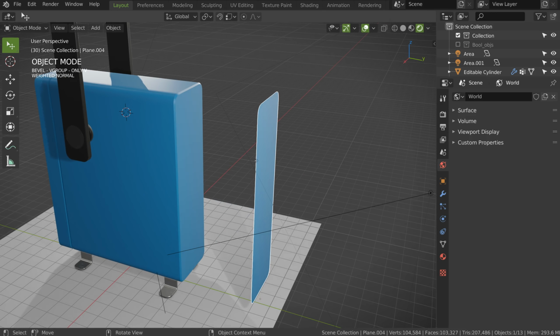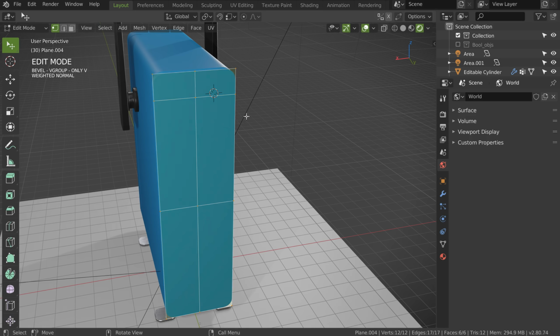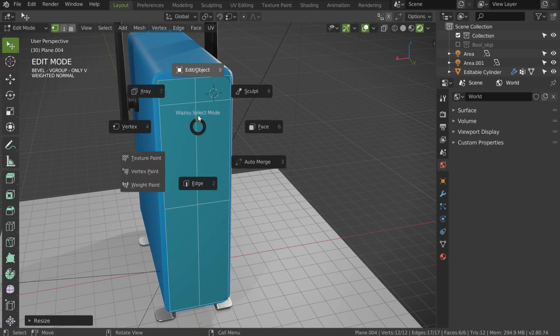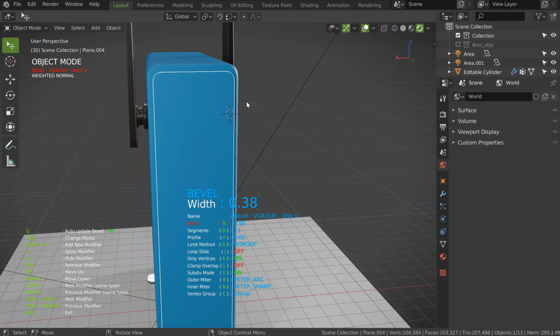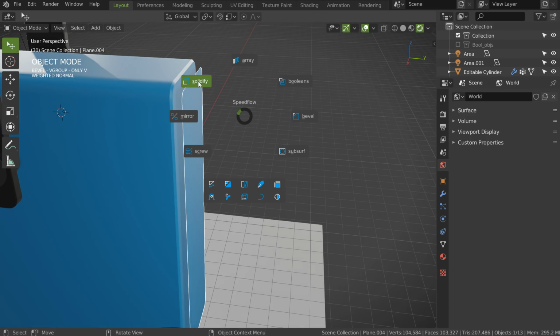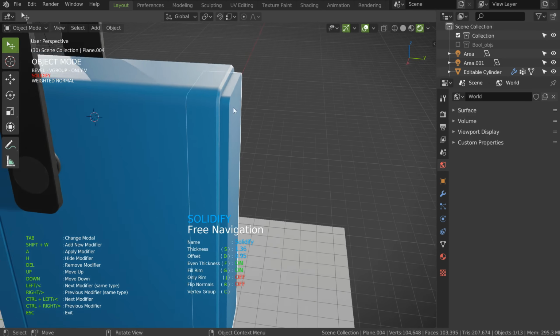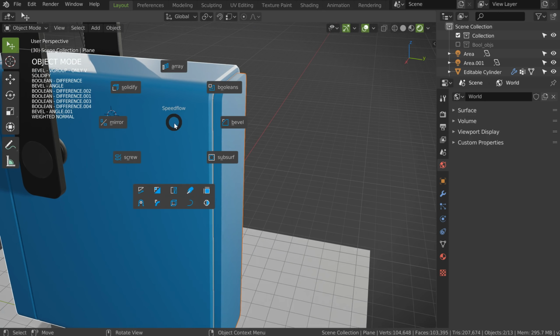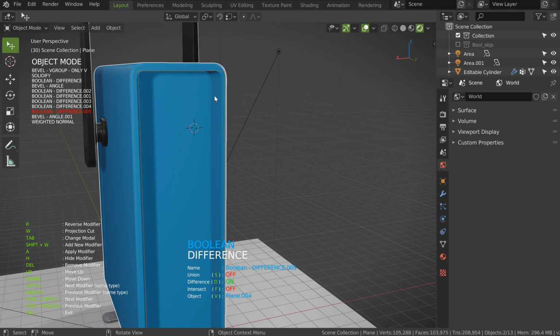So, I will just move this object here. And what I will do is, in edit mode, select everything and make a little scale, like that. Hop. If I come back, I will have this. On the bevel, I will just decrease the size, and I will add a solidify, just like that. So I will move it. What I will do is to make a boolean, just like that. So this is nice.